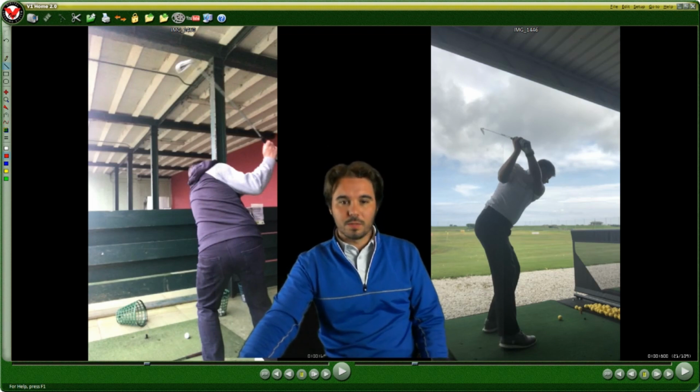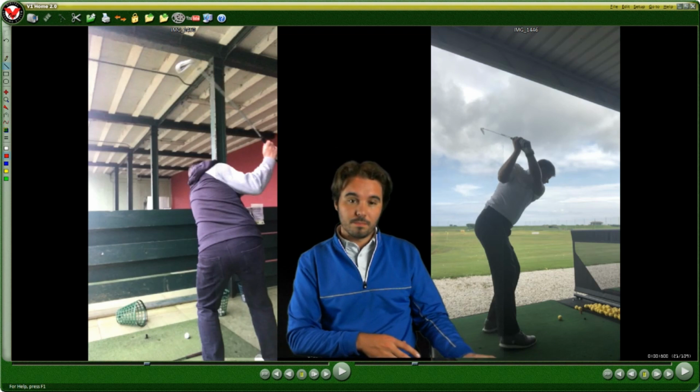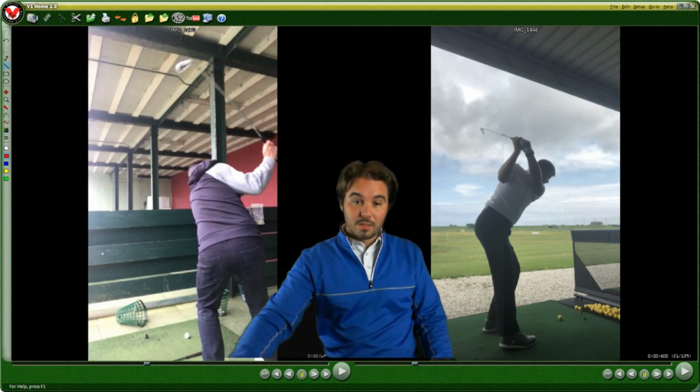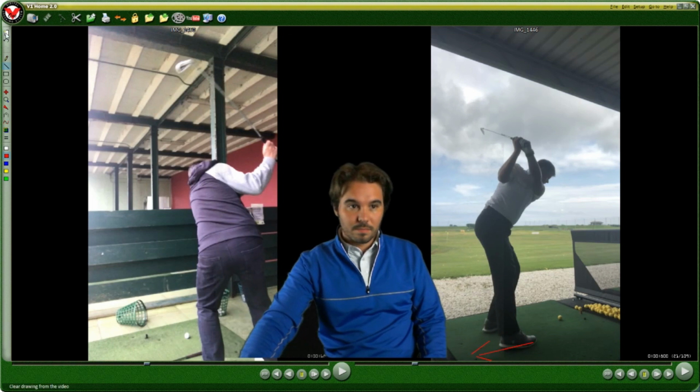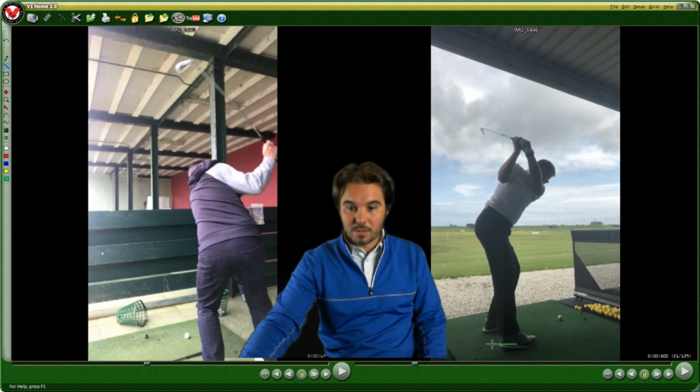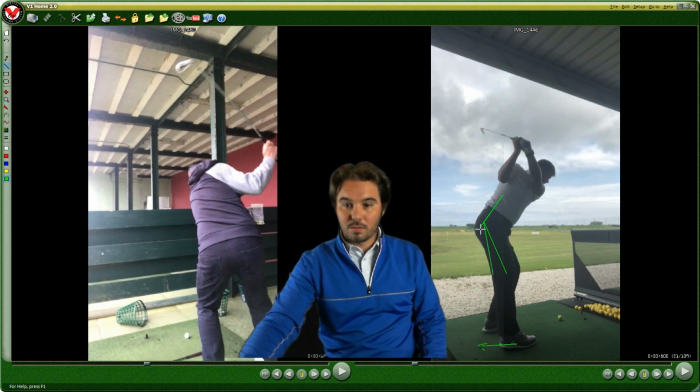So this is exactly what we see. Massive right hip extension, so much actually that your right foot is going to slide in this direction. It's very understandable. So if this angle is going to go like so, and less acute and less acute and less acute, where is your leg going to go? There. And because the foot is here, the weight is on the right toes,